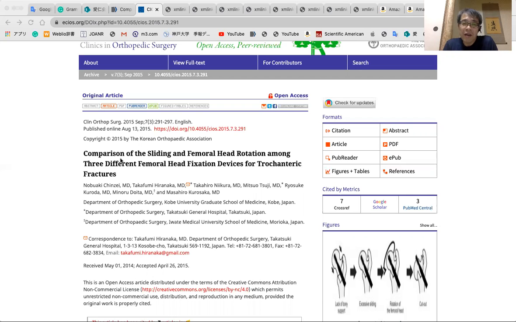In not only our hospital but also other hospitals, maybe more than 80% or even 90%, surgeons prefer to use the IM nail now. Oh yes. And also I read about comparing the DHS and